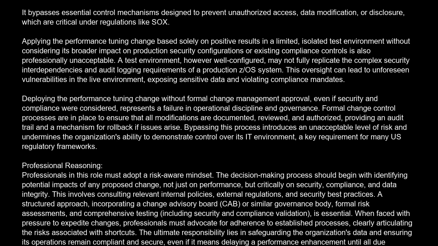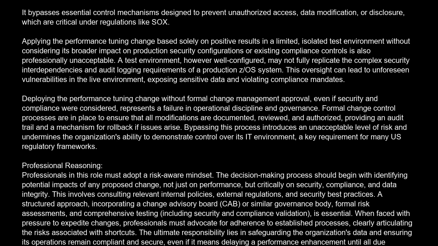Applying the performance tuning change based solely on positive results in a limited, isolated test environment, without considering its broader impact on production security configurations or existing compliance controls, is also professionally unacceptable. A test environment, however well configured, may not fully replicate the complex security interdependencies and audit logging requirements of a production z/OS system. This oversight can lead to unforeseen vulnerabilities in the live environment, exposing sensitive data and violating compliance